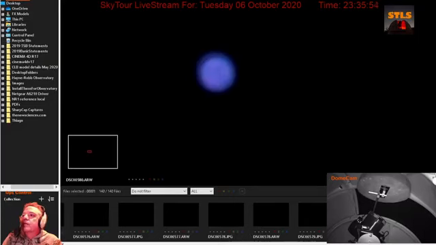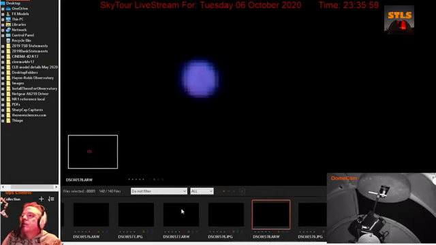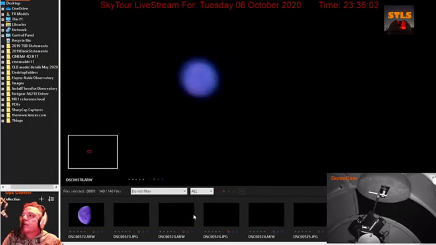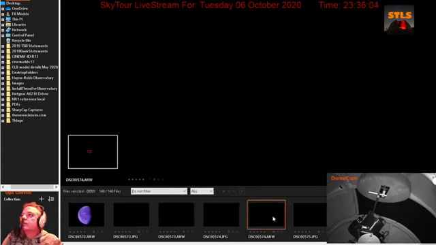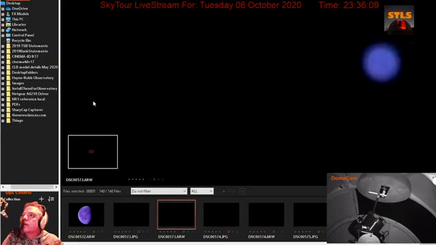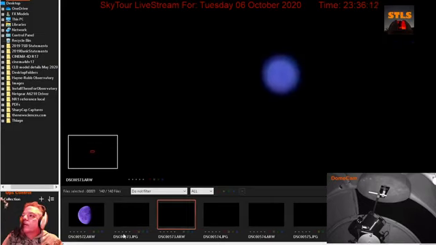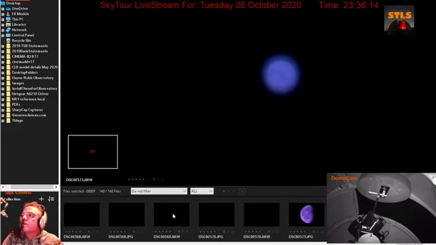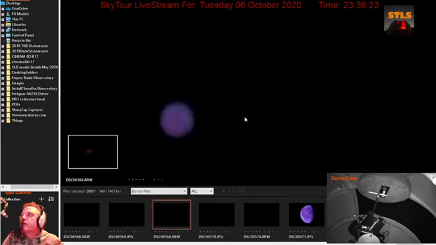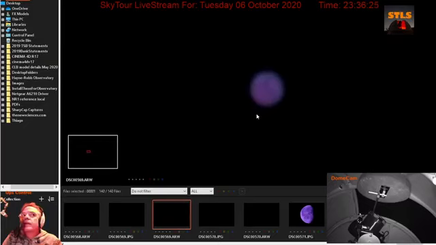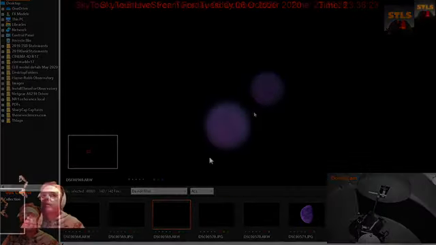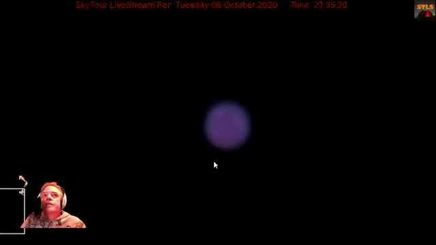You know what we'll do? Let's go take a look at the previous images, shall we? We took a number of images throughout the course of the night of Mars, and they were really, really pretty. So here's one there. Of course, we took some shots of the moon as well. There we go. Give you an idea of what it looked like, Amanda. Check it out. Wow. Yes, there's Mars there. Let me give you full screen so you can see it.